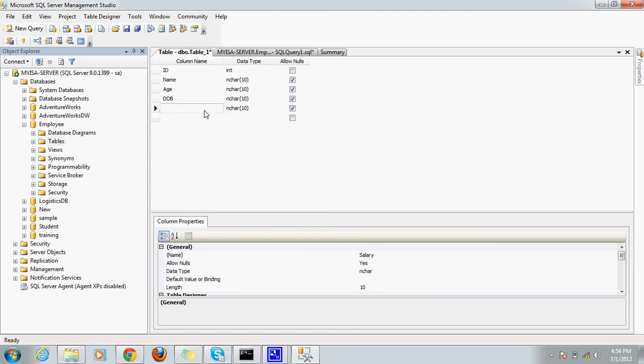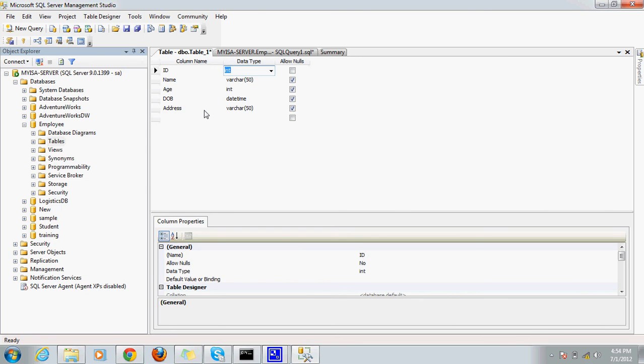We'll create a small table so that you could understand it better and perfectly. Just provide another column, address. For address we need to select a varchar of 50. Date of birth should be datetime, age should be an integer, and name should be a varchar. That's it, so we got the table design.